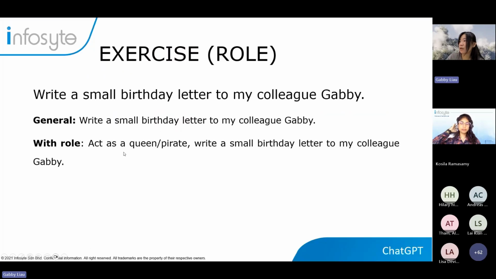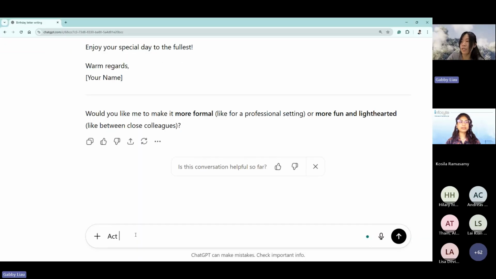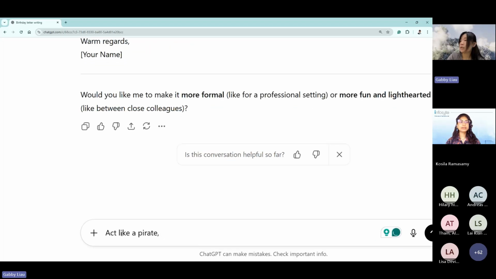For example, here, you ask ChatGPT to act as a queen or pirate. Write a small birthday letter to my colleague Gabby. So you can see, if you ask ChatGPT to act like a pirate, okay? Act like a pirate. Write me a birthday letter to my colleague.